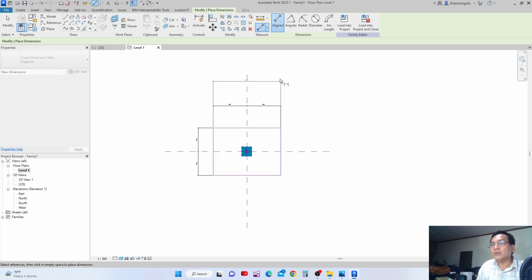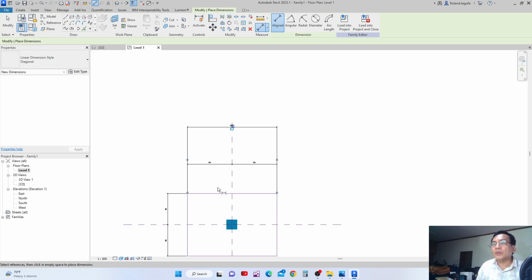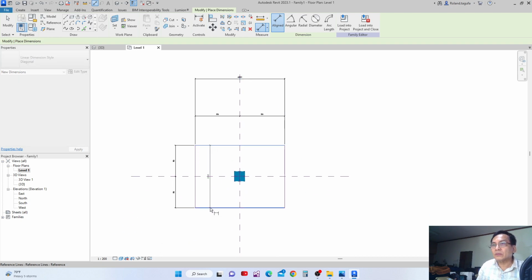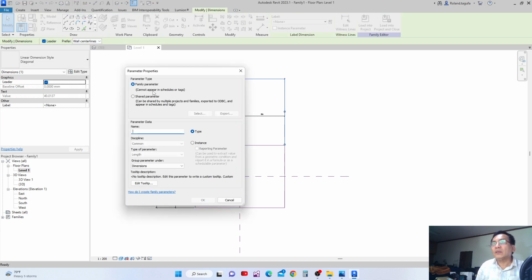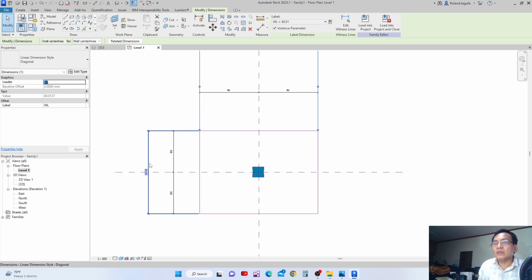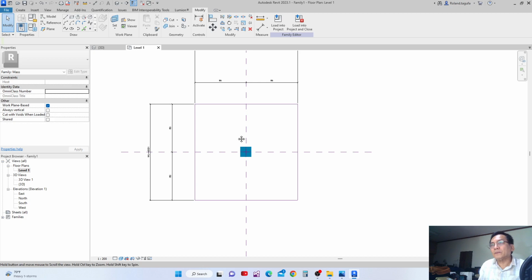I'll name this one, and then also this, and I'll make this a parameter, and I will name it width WR, width level. We are in level, and I make it also instance, and then okay, and then this is also equal to width level. Okay,